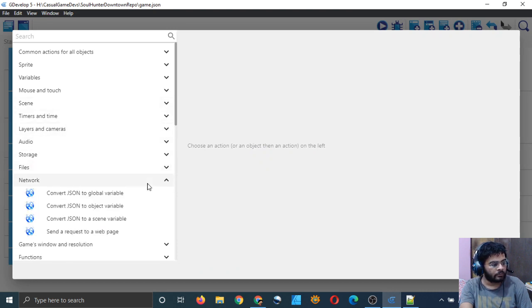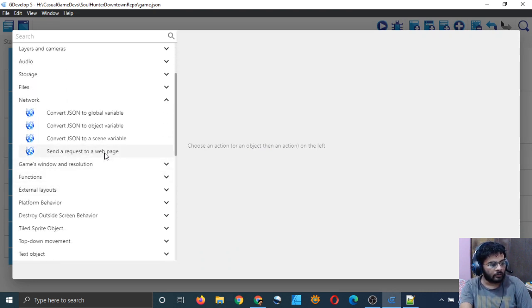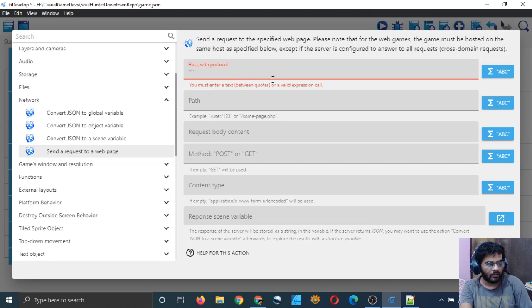Network, send a request to a web page. Okay, we have lots of things here. You must enter a text between quotes or a valid host with protocol. I will type https toolhunter.downtown.herokuapp.com/login.php.